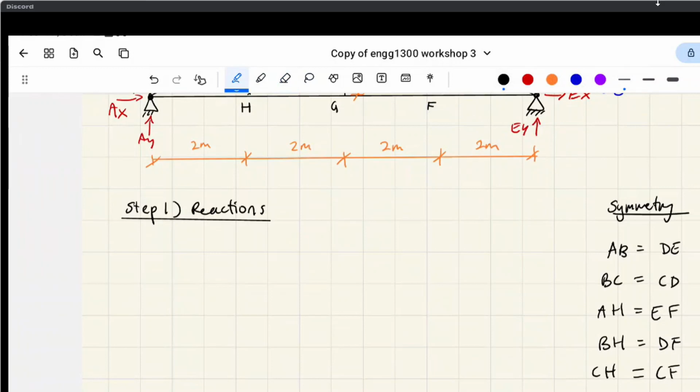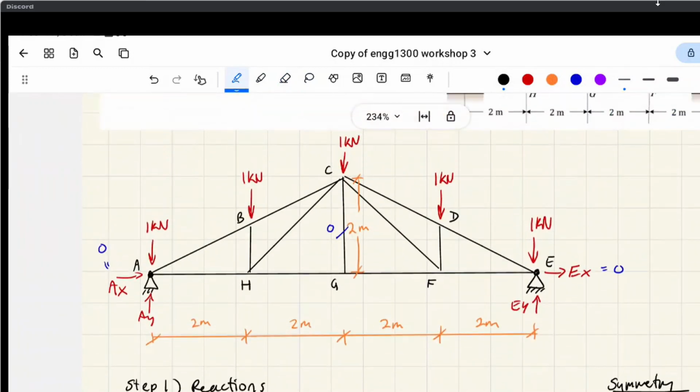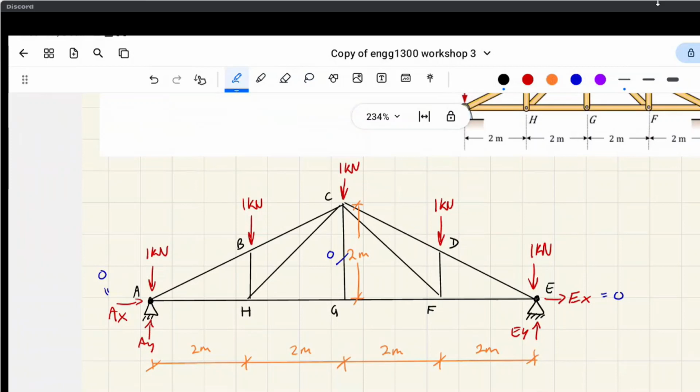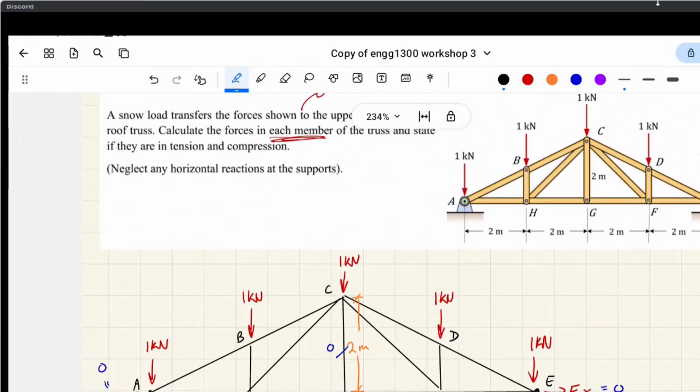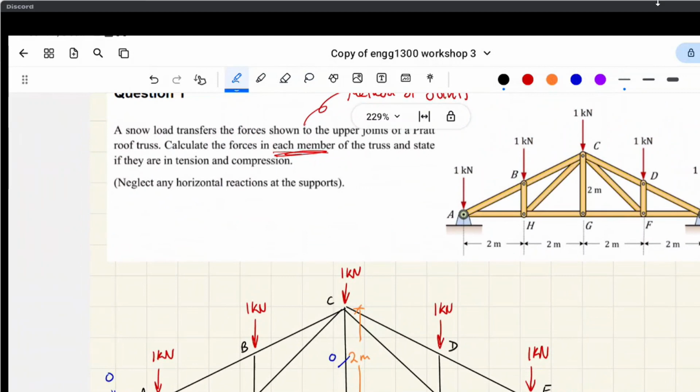Cool. Yeah, so we're just going to dive into the question. Now we can solve for support reactions. And let's have a think before we solve the support reactions, right? Do we need to solve the support reactions? In this case, I would say yes, because think about the method of joints, where you're going to